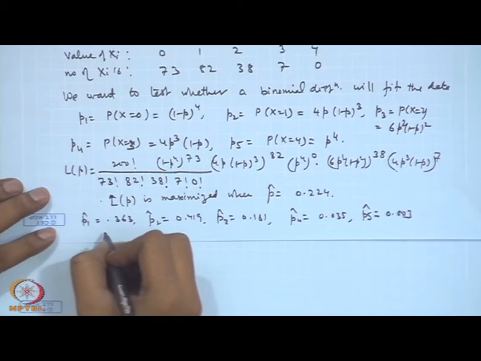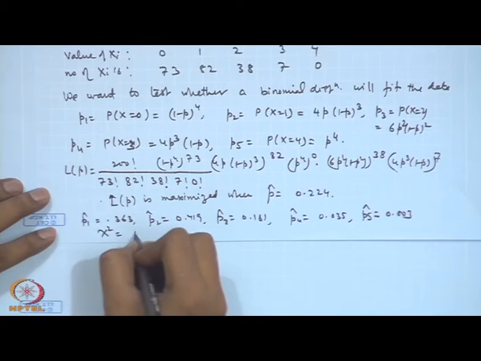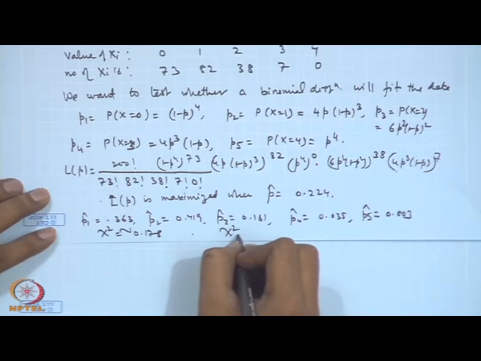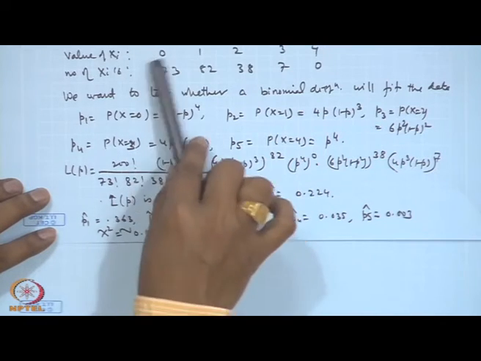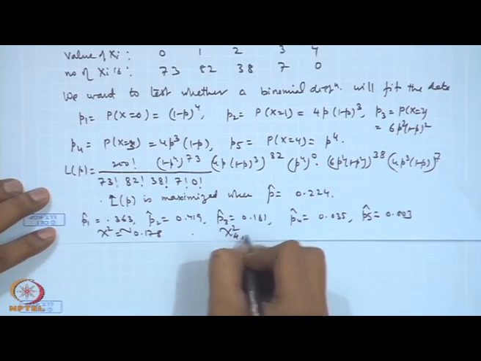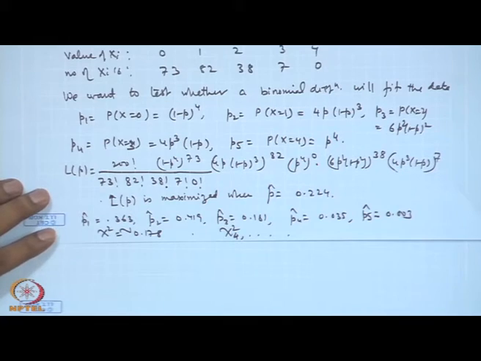So, if we calculate the chi square value here, that is equal to 0.178 approximately. So, if we compare with the chi square value, here we have 5 categories and one parameter has been estimated. So, you will have it on 4 degrees of freedom and one can see this.